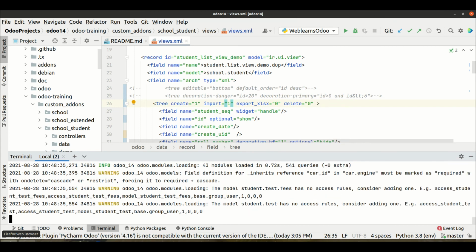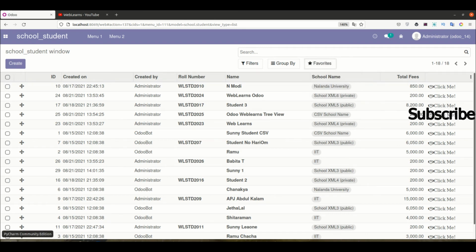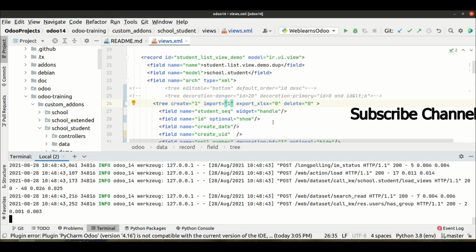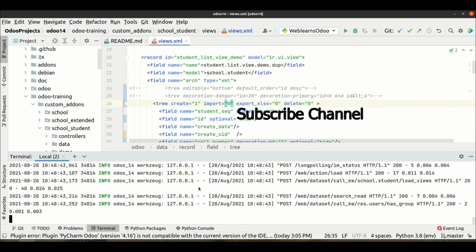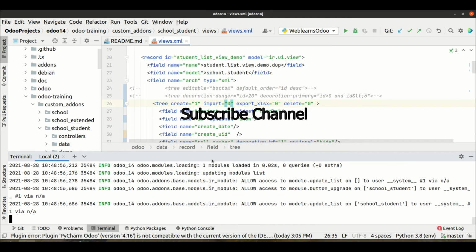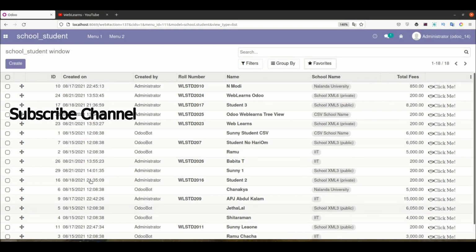Refresh the page. Oh, okay, I made a mistake. By default it's 1, and we already provided the 0 value here. So if you need to unhide, we have to use this 0 1.